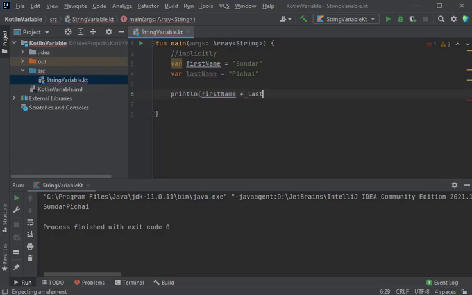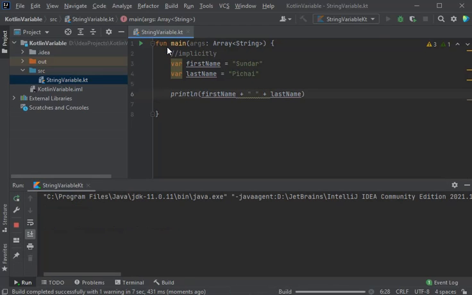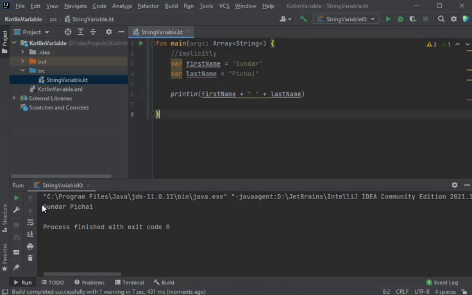Let's type last name. Plus is used for string concatenation. So to give some space between first name and last name, let us type an empty space between the double quotes. Now let us run our program. Yeah, we got the output with the space between the first name and last name.